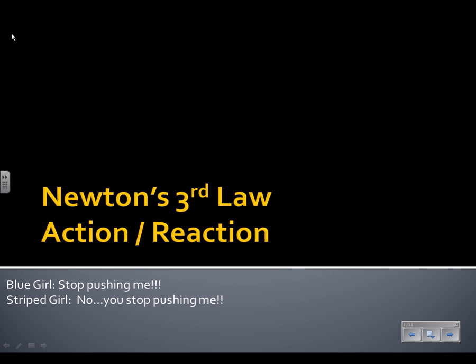Newton's second law talks about acceleration and how much acceleration an object has, and that gets summarized by our equation sigma F equals m times a. The third part, Newton's third law, doesn't necessarily talk about acceleration or something staying still. It talks more about interaction, or what happens when 2 objects come together. Okay? And we summarize that with action-reaction.